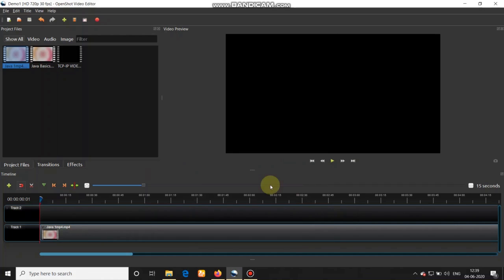Let me now introduce to the functioning of zoom in OpenShot. Now, this video is of certain length. It is extending way beyond the timeline and I need to get a sense of how long it is. So, this is the zoom in. So, here currently it is showing the interval of 15 seconds.